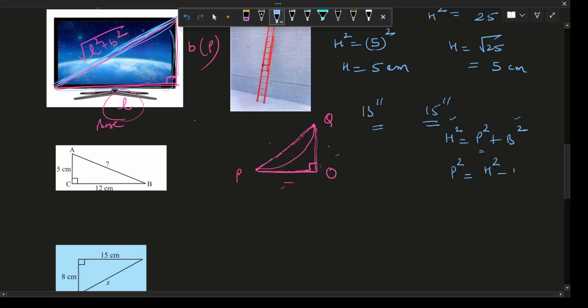it's hypotenuse square minus base square. हाइपोटेन्यूज का स्क्वायर में से बेस का स्क्वायर माइनस करो, you will get perpendicular square. Same way, base square क्या होगा, hypotenuse square minus perpendicular square. We are always subtracting from hypotenuse square. Mind it, because hypotenuse is the longest side of a right angle triangle.